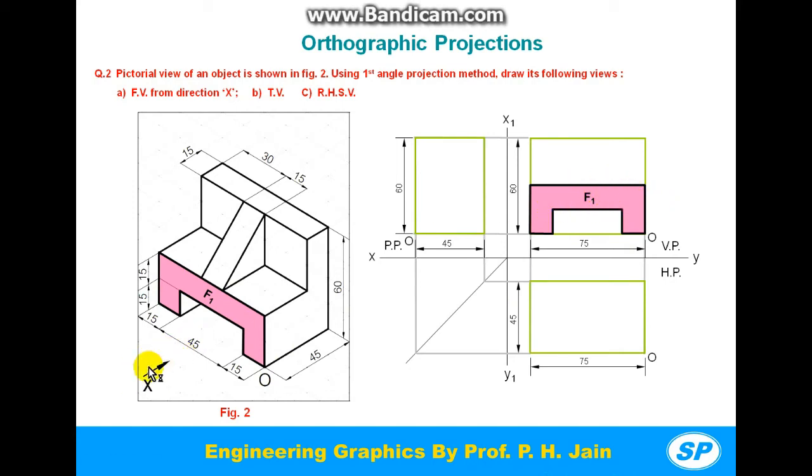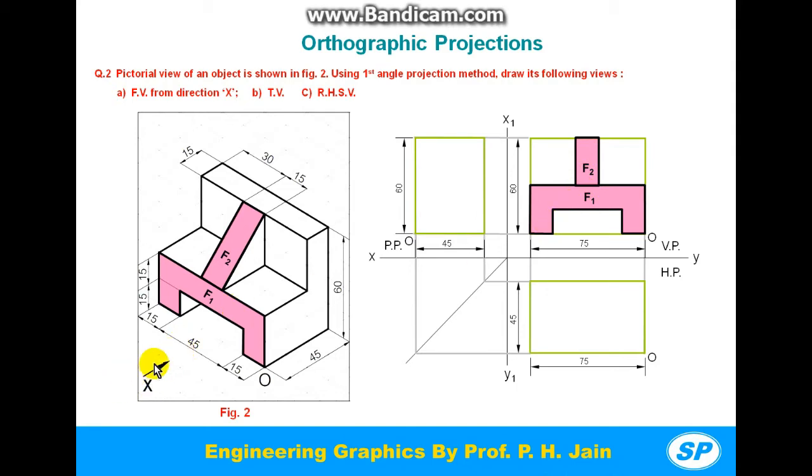Now look at the object from front direction again. You will see the inclined surface F2. So this edge of this F2 face is attached to the edge of F1. So with that reference, construct that rectangular face F2. This is the inclined surface. You can imagine this F1 is a vertical face, but F2 is an inclined surface.